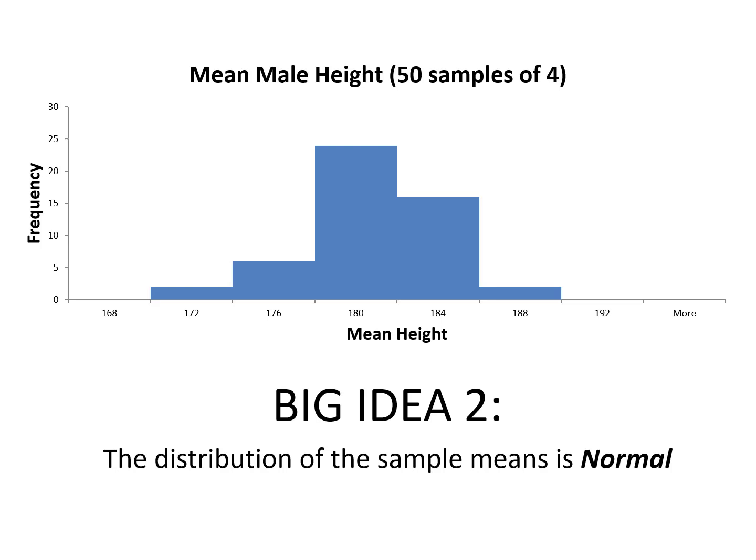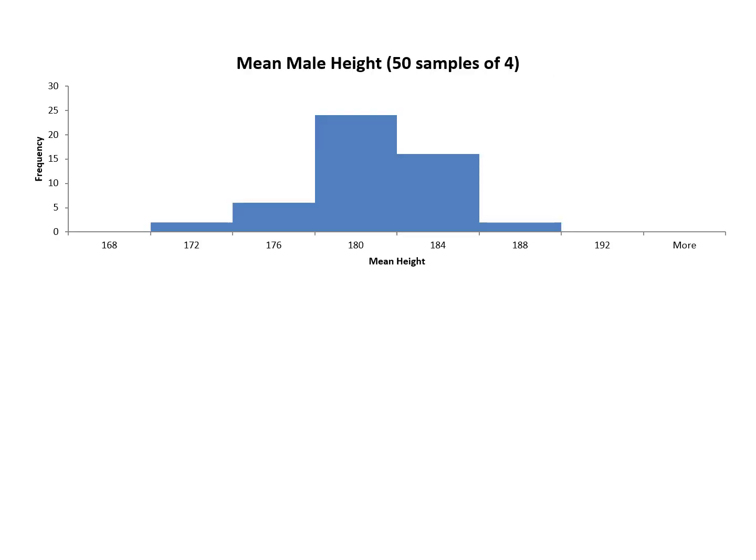That pretty well wraps it up for this session. But I just want to point out one other idea that pops up in the follow-up task. Here is the mean male height plotted out for 50 samples of 4. As you can see, they're centered around, I know that looks like 180, but in fact that should be 176 there, and that should be 180 there. Don't blame me, blame Excel. This is just how it plots histograms. So, yeah, this distribution is pretty symmetrical about the true mean of the population.